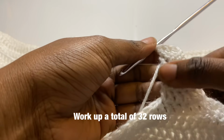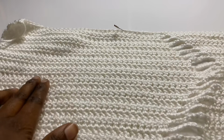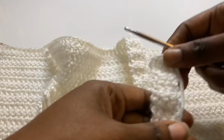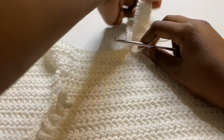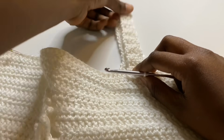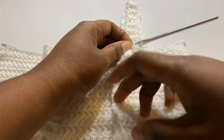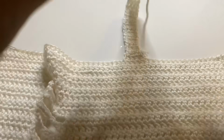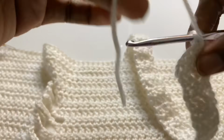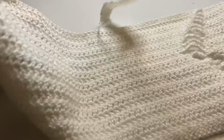So this is what I did for the arms. I'm going to show you the other side as well, and this is how I'm going to attach it. So right now we are on the wrong side of our work, and what you want to do is just make sure everything is straight, you know. So the concept that we want is to attach the yarn that way, right? By folding it in. So what we have to do is turn it to the right side,